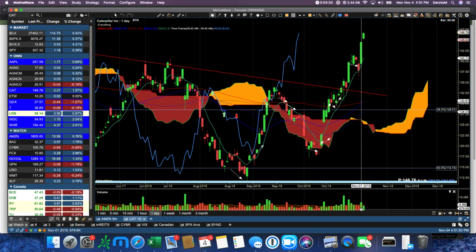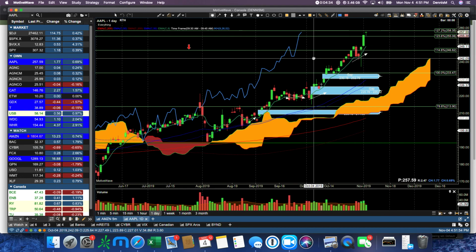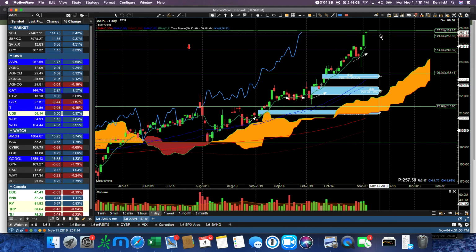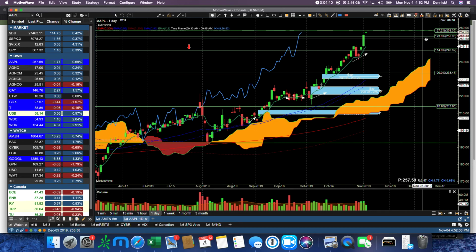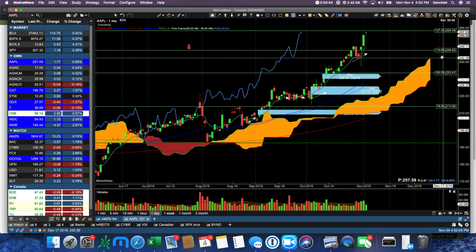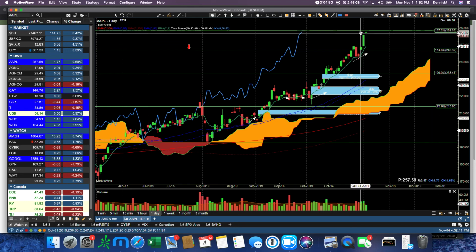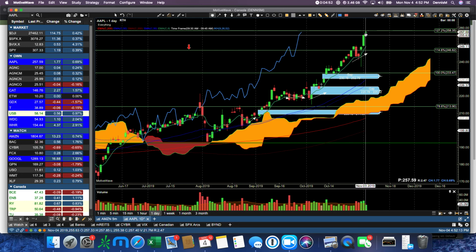Look at the volume. A little bit lower than Friday. Apple pulled back from its high, but finished up near its high. So it's getting near that Fibonacci extension of 127.2%. Let's take this one out because it's not a very strong one. But 127.2 is a strong one where you could expect to see some reversal. And this type of candle may indicate some kind of exhaustion in buying.